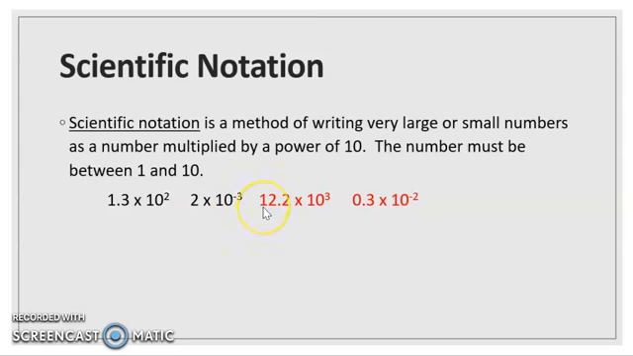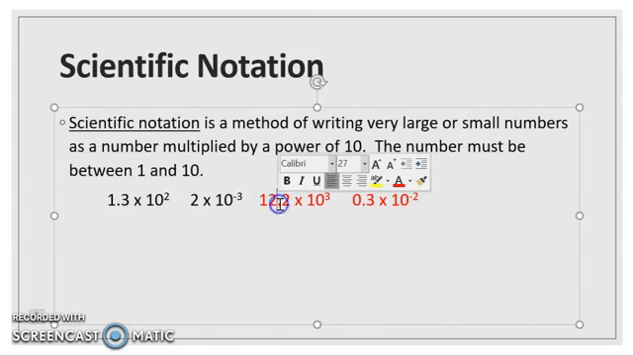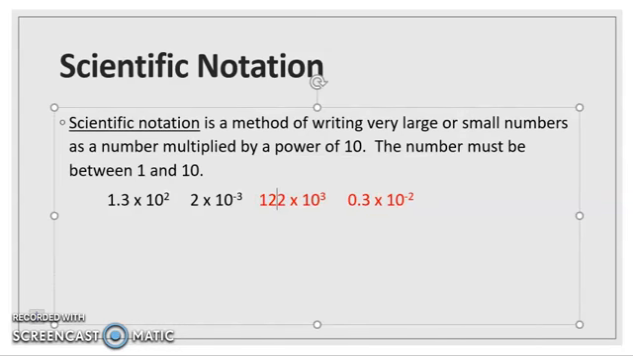2 is between 1 and 10, and I'm multiplying by a power of 10. Incorrect scientific notation would be like 12.2 times 10 to the third, or 0.3 times 10 to the negative 2. Notice in both of these numbers, I am multiplying by a power of 10, but the decimal, this number in front, is not between 1 and 10. So 12 is more than 10, and 0.3 is less than 1. We can change this simply by moving our decimal. This can become